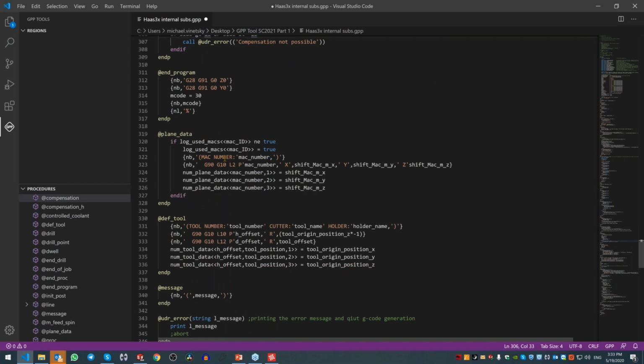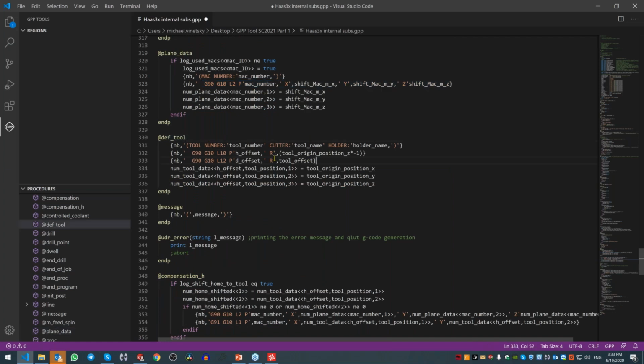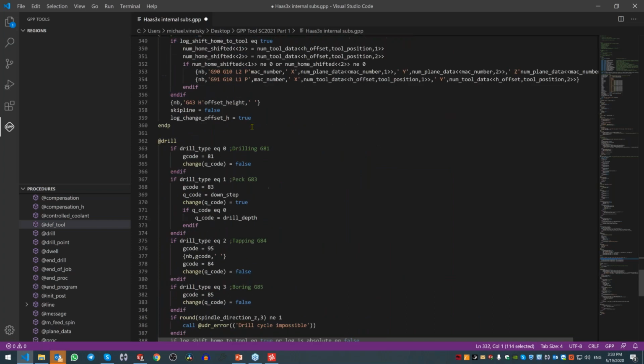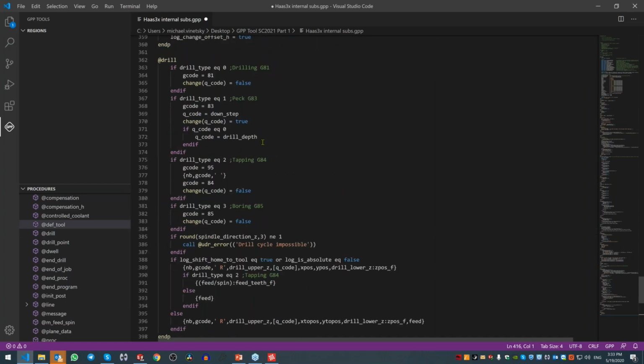Plain data, nothing special, just printing G10 with my Mac. Tool data, just printing G10 with my tool data and save it for next use. So I continue to go, and yeah, it's all 4,000 rows, and this post processor supports all cycles of turning,